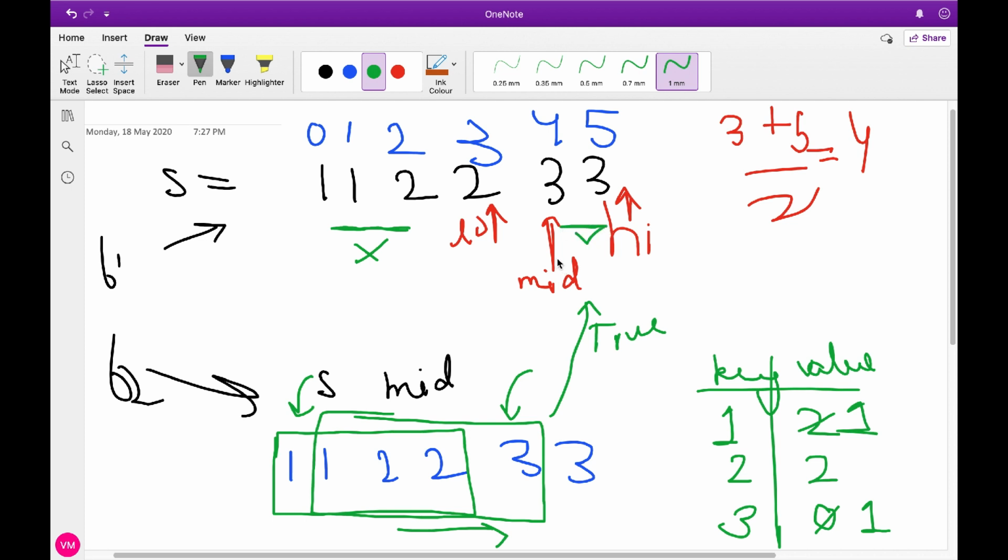So now I will once again check for less than mid, that is for this region. So I will move my high pointer to mid minus 1, that is nothing but 2. So my mid once again becomes 3 plus 3, that is 6, and 6 divided by 2 is 3. So my mid comes here.